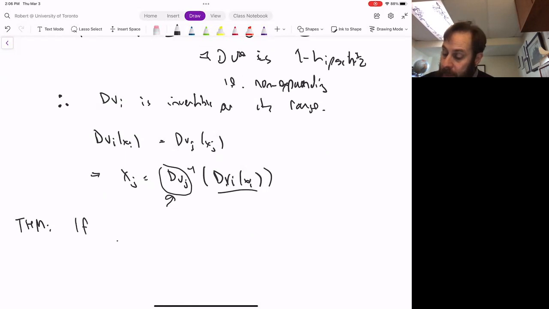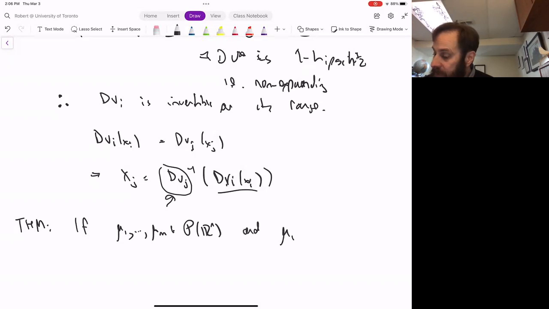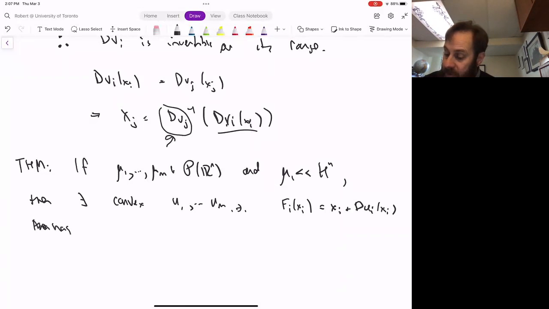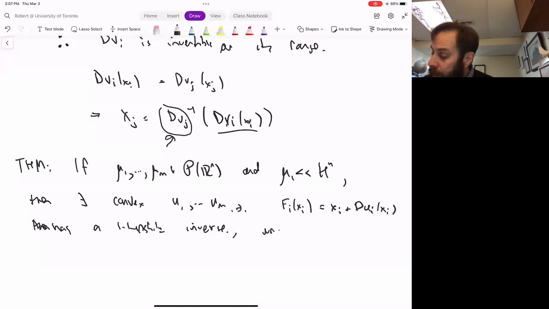If mu1 up to mum are Borel probability measures on Rn, and the first one, let's say, is absolutely continuous with respect to Lebesgue, then there exist convex u1 up to um such that if I define fi of xi to be xi plus gradient ui at xi, then fi has a Lipschitz inverse. And